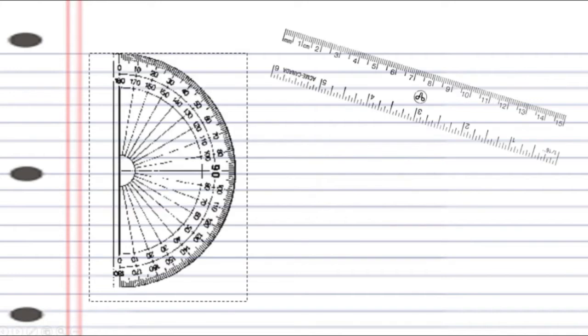As usual, we require a ruled paper because we are going to repeat this on the same type of paper in the exam, so it is better to practice. And then you should keep aside now a scale as well as a protractor. These are the things which are required. I am sure that you will be following this video right from here onwards and draw simultaneously all the steps which are shown on the screen, and that will help you to practice.